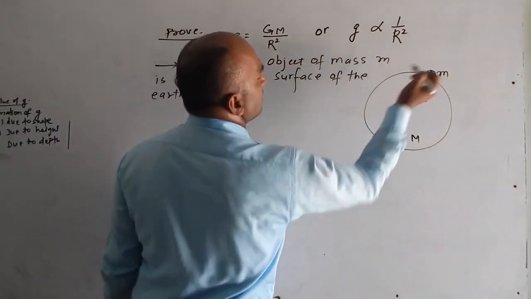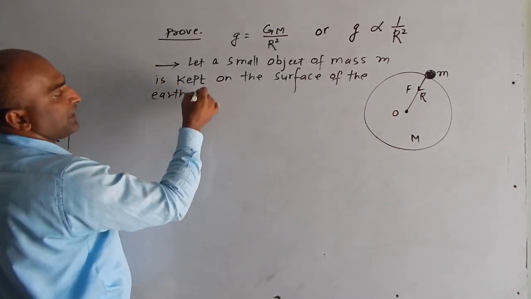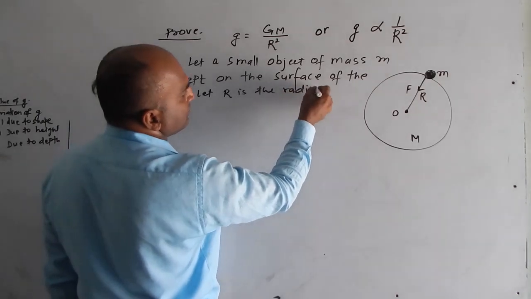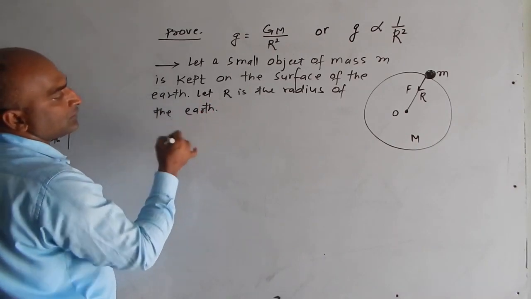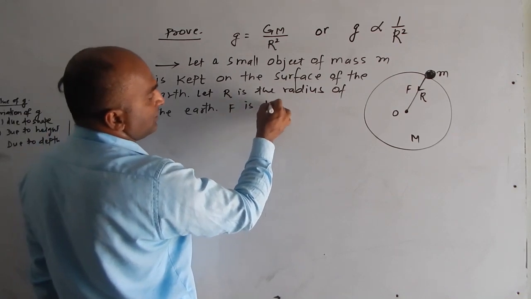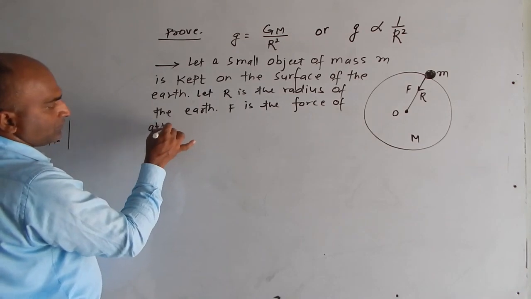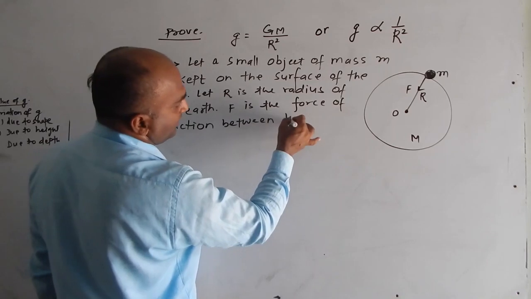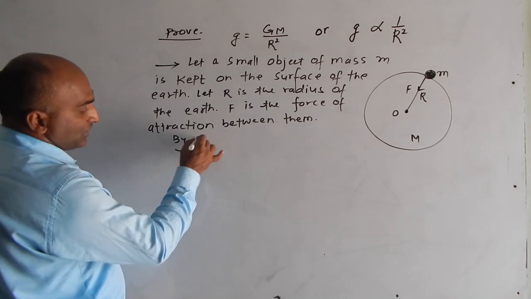Its mass is small m and the radius of the earth is capital R. F is the force of attraction between them. We have explained this, and then by Newton's law of gravitation,